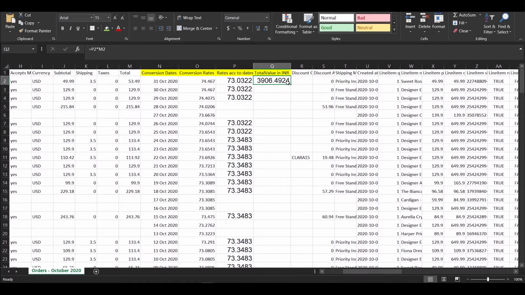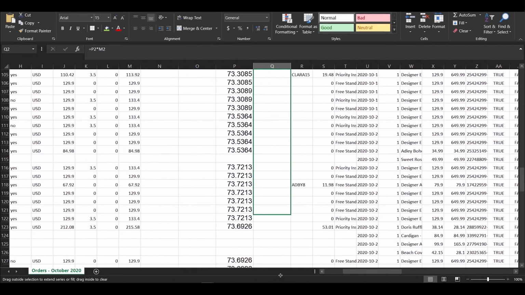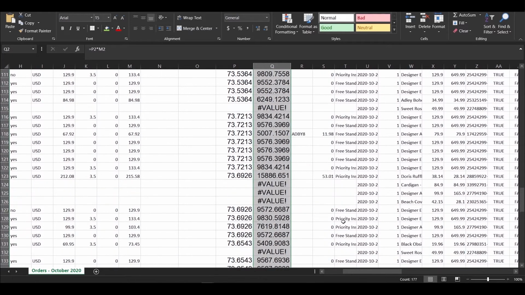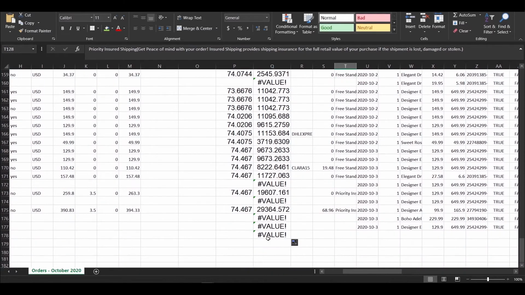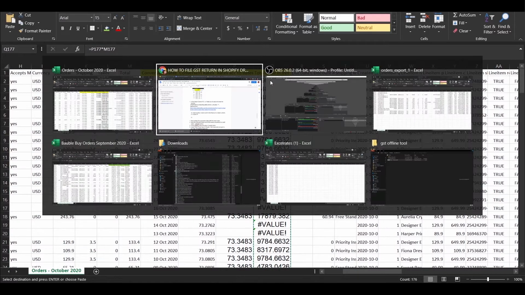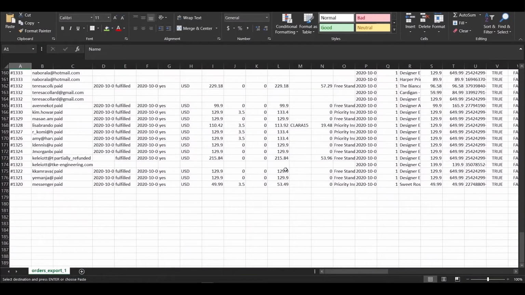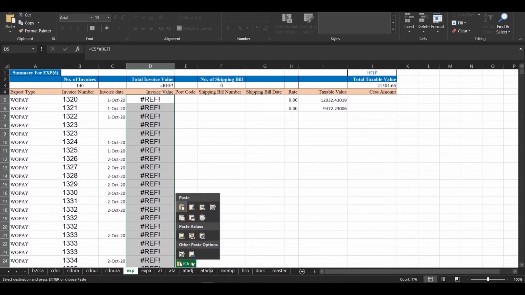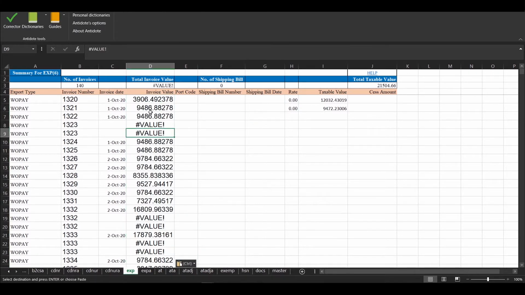Now again we'll go to the bottom. Here is a small plus sign, drag it to the bottom of the document. So guys, here you go. And this is extra value, we'll delete it. So these are the total invoice values. Now we'll select all, copy them and just paste them. Select this and just paste. Again we have to just do keep source value and formatting. These values are pasted here now.